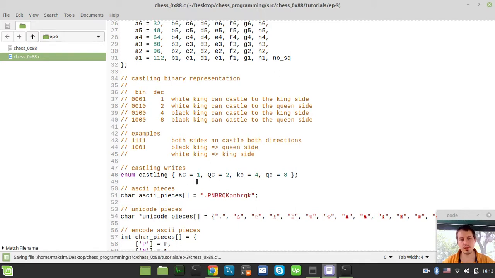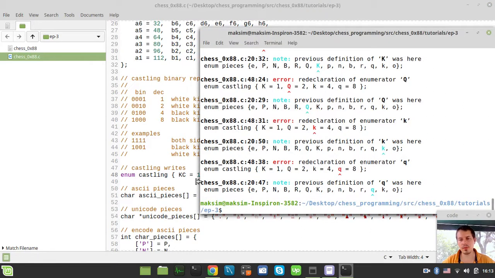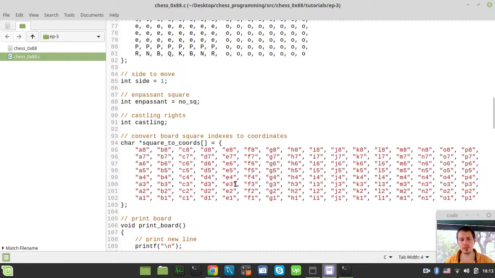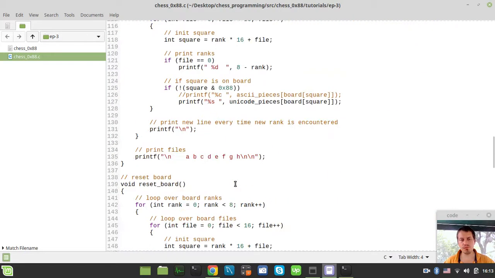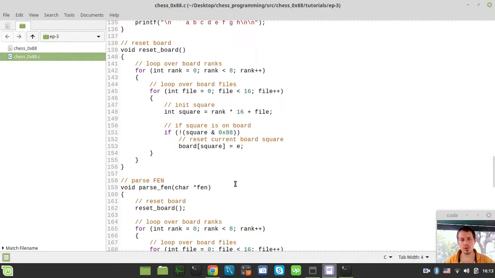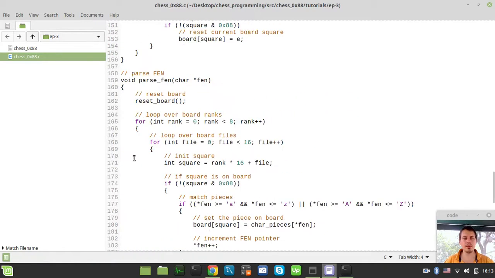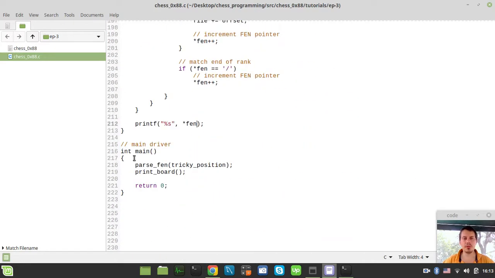So I think this should work. Okay, where is our parse FEN function? Let me try to make it print this as a string, to see what the string is left out there. So to make sure that I'm doing this outside the loop already,